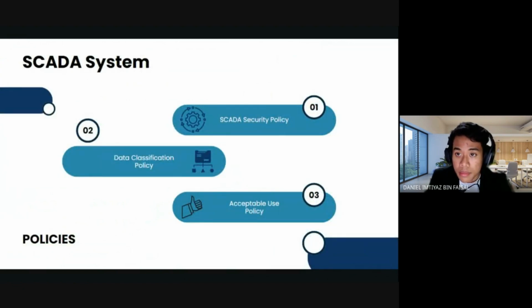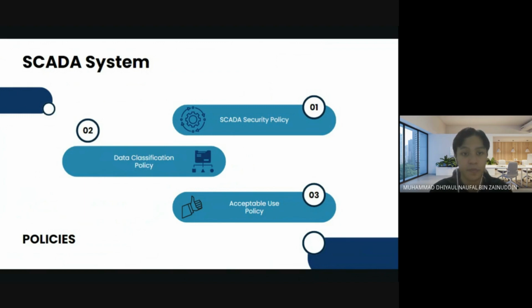Okay. So, we would like to begin with the policies. The first one is SCADA security policy. SCADA systems are protected by a SCADA security policy. SCADA systems control electricity grids, water treatment plants, and manufacturing plants. So this policy usually covers SCADA network infrastructure security, system access control, authentication and authorization, security incident detection and response, and data integrity and confidentiality. So this vital system must be protected against unauthorized access, manipulation, and disturbance. Next, I will pass to Ayu.